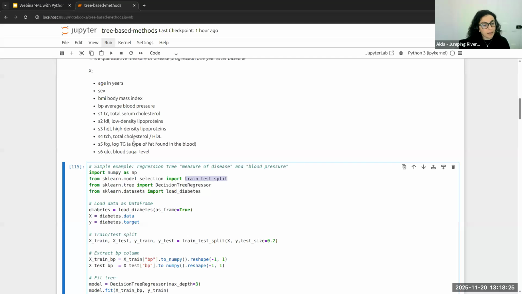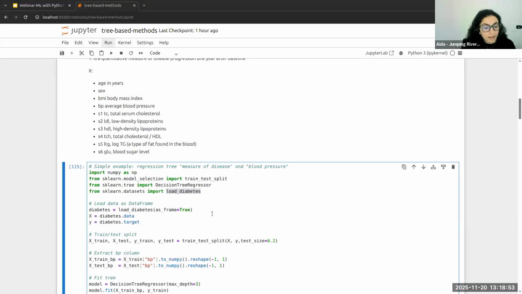And then I also import the decision tree regressor function to be able to fit the regression tree to the data. Last, I have the diabetes data set, which is going to be used for illustration of this method, basically.